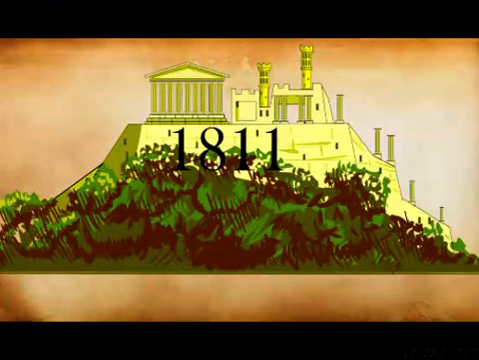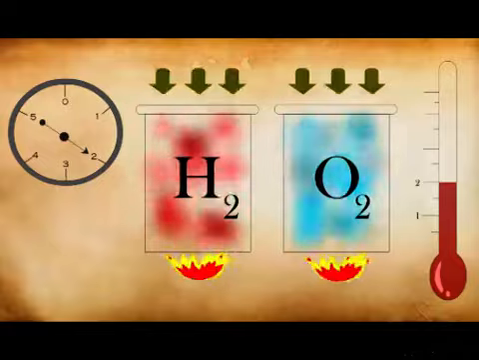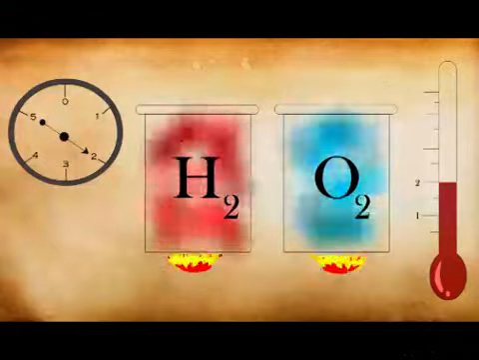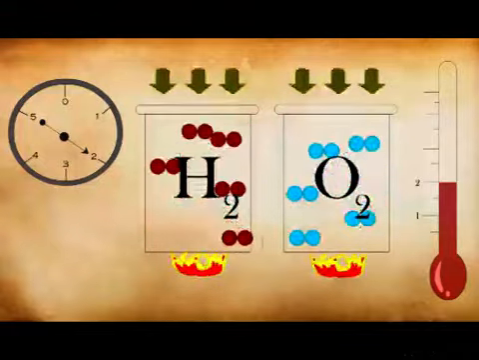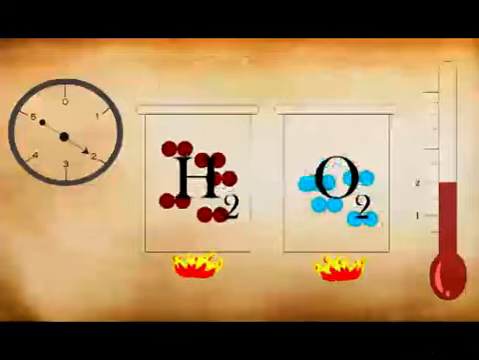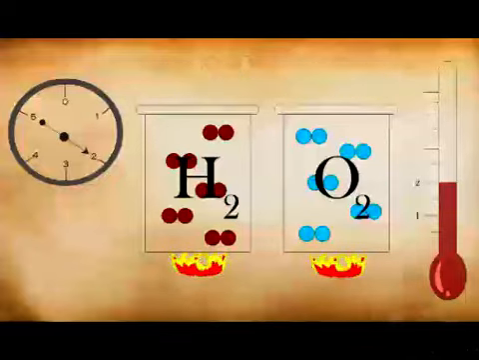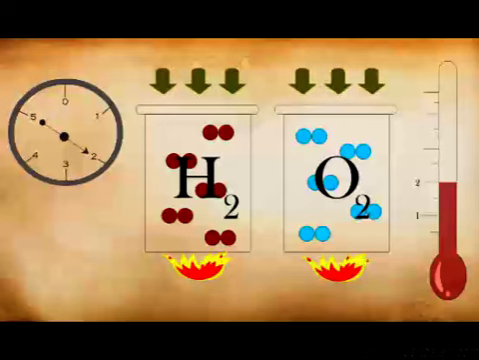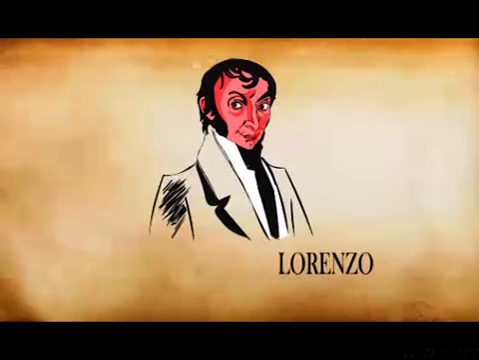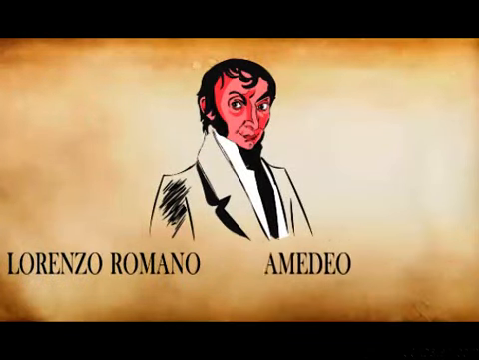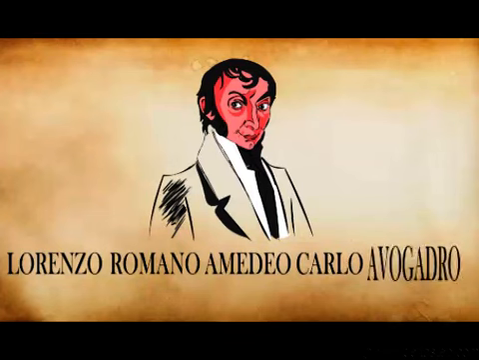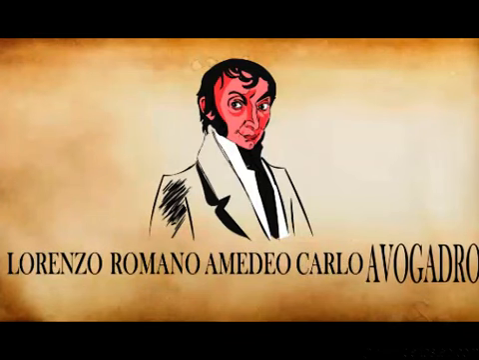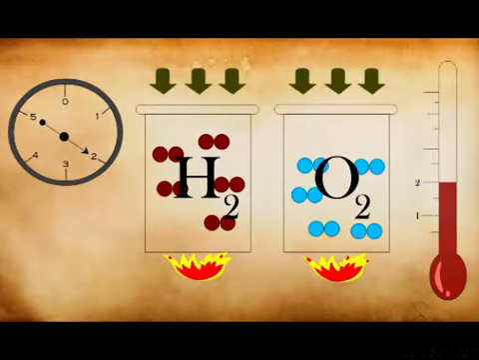In 1811, there was a scientist who observed that if there are two gases at the same temperature and pressure, equal volumes of the gases contain an equal number of molecules. This scientist was Lorenzo Romano Amedeo Carlo Avogadro. So Avogadro observed that for any two gases at the same temperature and same pressure, equal volumes